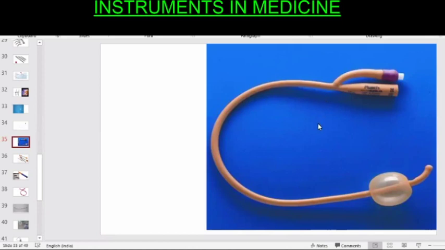Any other indication? When a patient comes in with trauma and you see blood at the urethral orifice, we don't put a Foley's, right? That is a contraindication. You should not put a Foley's catheter, especially in patients having profuse hematuria. The hematuria could be because of trauma to the urethra or some bladder pathology. But if you suspect a rupture urethra, we should avoid putting a Foley's catheter because that would create a false passage. So that would be a contraindication.